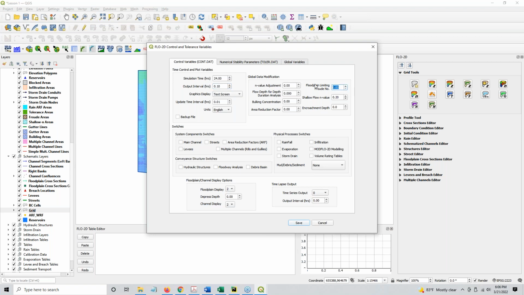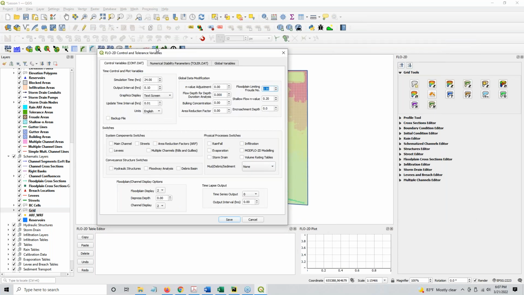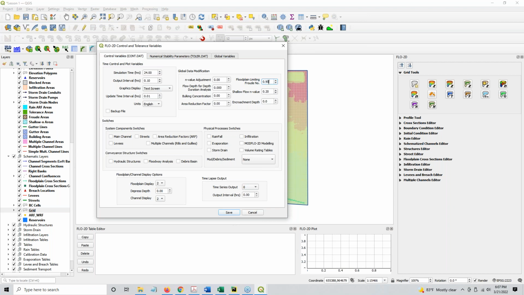I'm going to set the limiting Froude to 0.9. That doesn't mean that we are limiting our model from becoming supercritical. The model can still go supercritical. What this means is that we know that this is a super flat project area, and so it's not very likely that this project is going to go supercritical. So what I'm telling it is to stay subcritical. And if perhaps a grid element is calculated supercritical, let's do a minor n value adjustment automatically to keep it